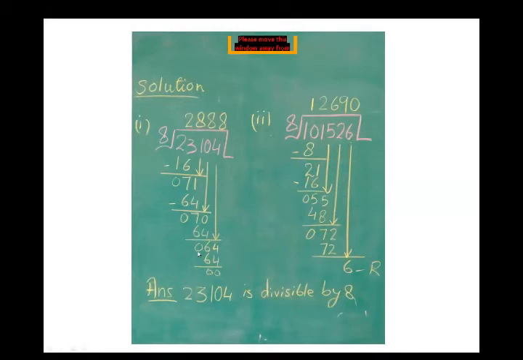Then you say which number you have been given in your book question. So you just say that this number is divisible by 10, 2, 5 and so on. You check the divisibility rule, and by using the divisibility rule or method, you say whether the number is divisible by this number or not. Is it okay, students? Hope you all understand.